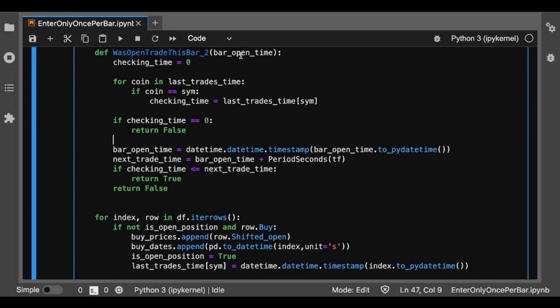We take our bar open time, convert it to a timestamp, and then all we have to do is add to this timestamp the quantity of seconds which the current time frame contains. This way we will get the open time of the next bar, which is in the future now, so it does not happen for now, maybe. Okay, and